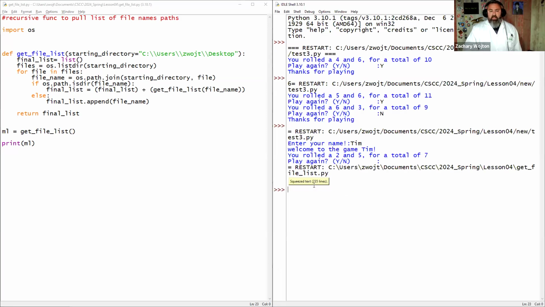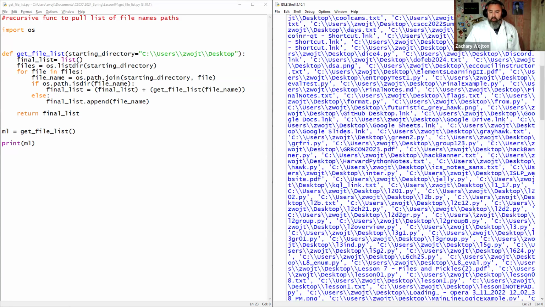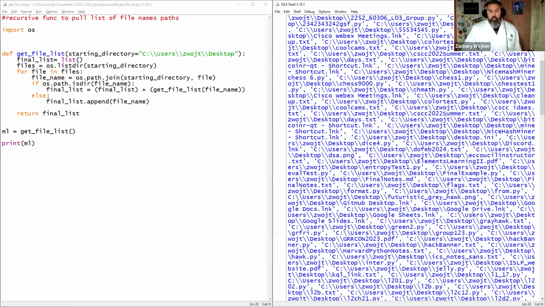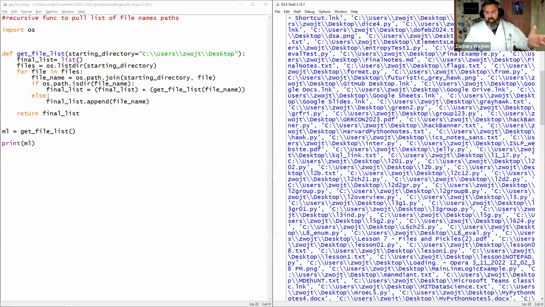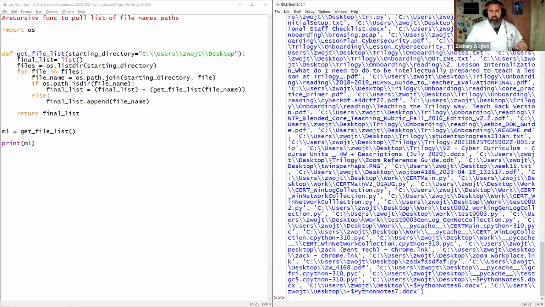So squeeze text 235 lines. If I double click it, it returns me a list of every object that's on my desktop. And its full path, right? Could be handy in cybersecurity land. You could do a find in here looking for a specific file type. You could look for an extension. You could do all kinds of things. I just dumped the entire list. No big deal. Now, from this, if you import OS, if you do a dir on OS,